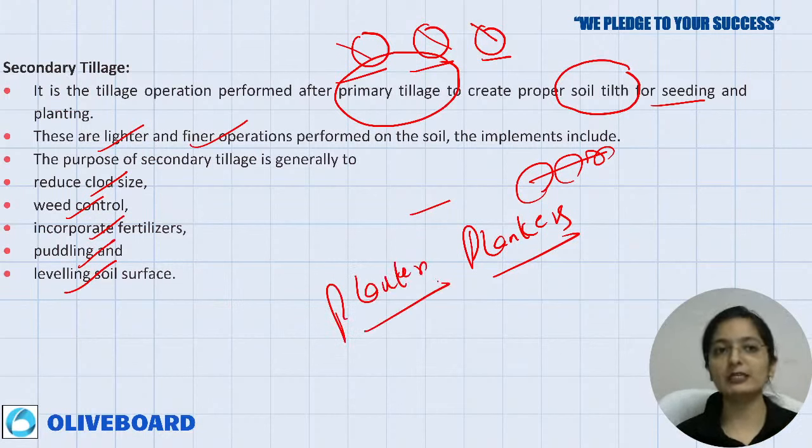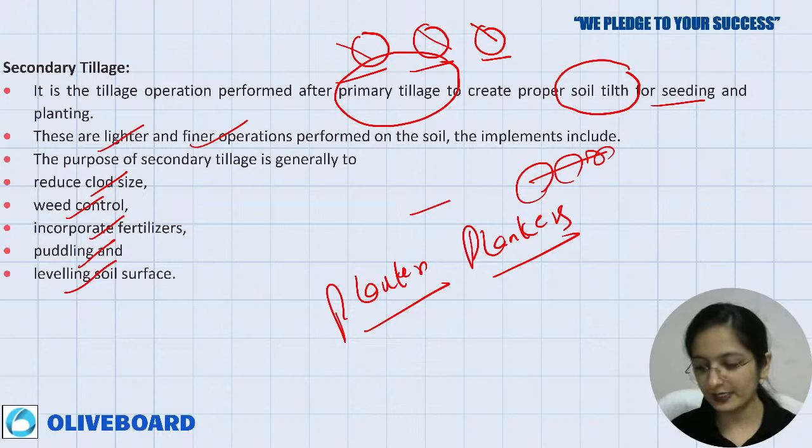Ploughing is done in the primary tillage. In the secondary tillage, you are doing these practices to make a fine seedbed or a proper soil tilth. Correct? Understood? There comes your primary and secondary tillage, and finally the seedbed that we just talked about as far as on-season tillage is concerned.